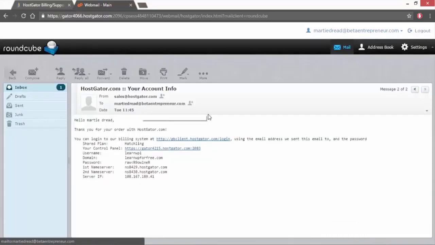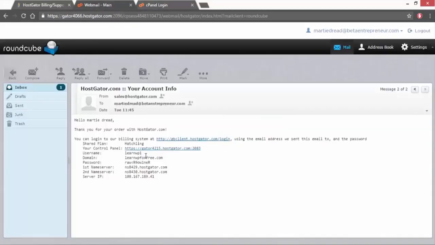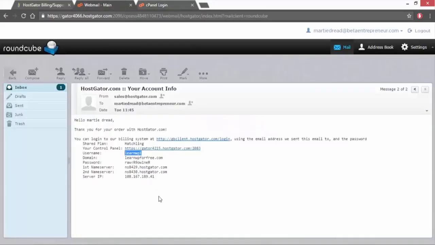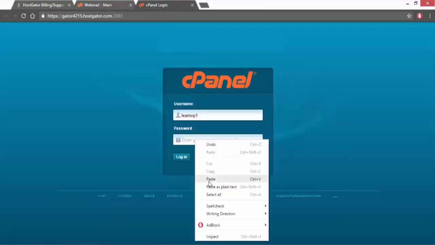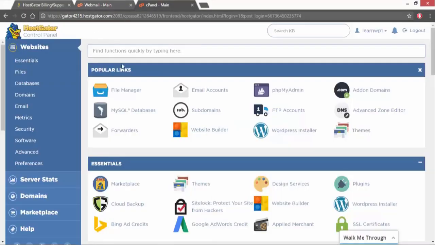In this email, we're going to have a link to our control panel, a username and a password. So all we need to do is click the link beside where it says your control panel, and that's going to open up this cPanel login screen in a new window. Now all we need to do is copy and paste our username and password from this email into the cPanel login screen. Then when we do that, we just need to click Login, and this is us going to be logged into